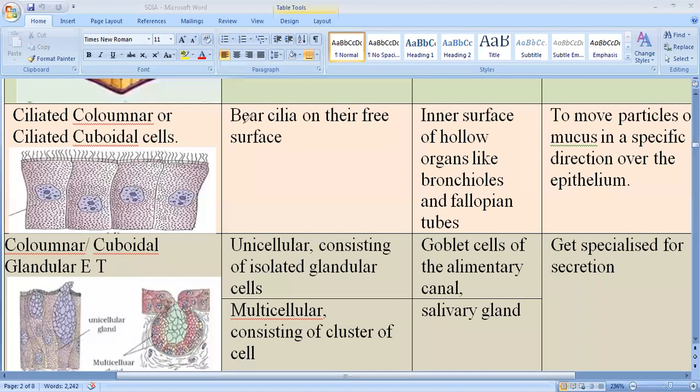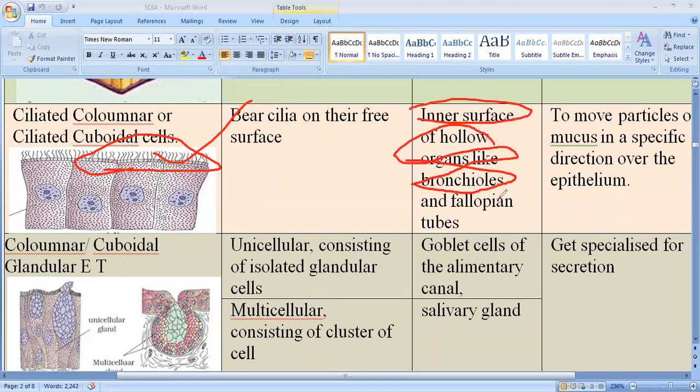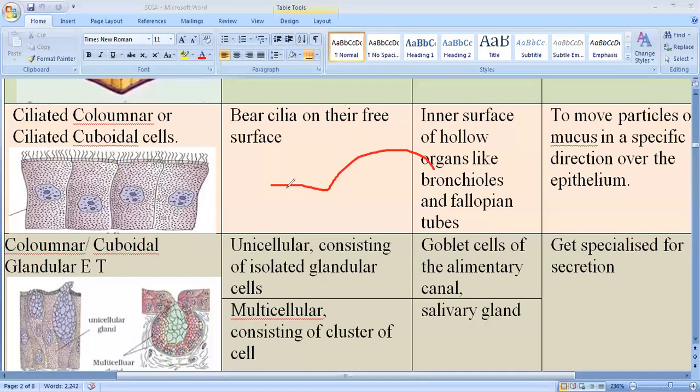In the case of ciliated columnar or ciliated cuboidal cells, they have the cilia, and bear the cilia on the free surface. Okay, and where is it found? The location is the inner surface of hollow organs like bronchioles and fallopian tubes. You know very well about the fallopian tubes. The fallopian tube is a female reproductive structure, and the female reproductive system has the fallopian tube, cervix, vagina,